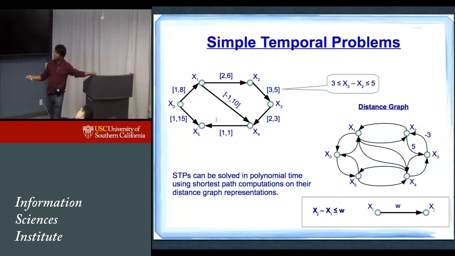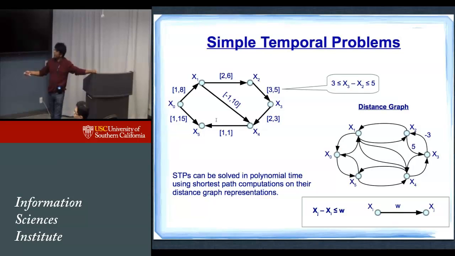The way to graphically represent a set of simple temporal constraints is to have this directed graph, right? So an edge from X2 to X3, for example, annotated with these bounds 3, 5, is essentially encoding the constraint that X3 minus X2 is between 3 and 5. So it's just a graphical representation for your set of simple temporal constraints, right? And because these are just difference inequalities, which is a special case of linear inequalities, they are solvable in polynomial time, right? But there is a cleverer way of solving simple temporal constraints, which exploits the specific structure in this constraint here,